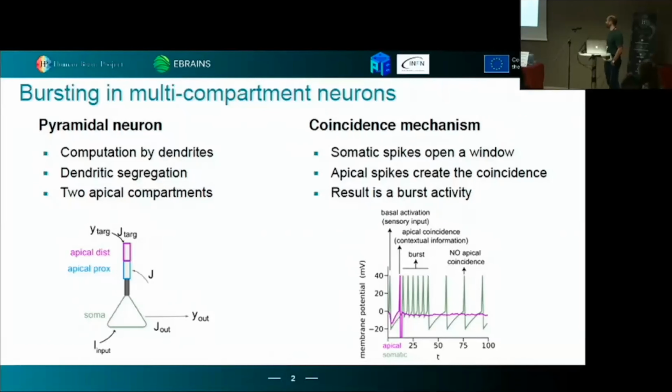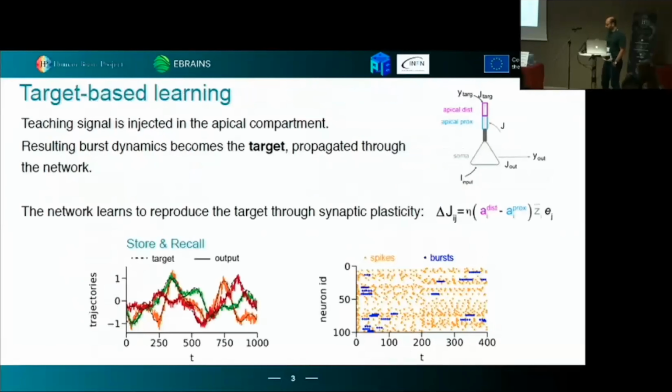And we can use these bursts to encode the activity of the network, and for example, let the network achieve some task. So we can encode, as I said, some output as a spatiotemporal pattern of bursts,